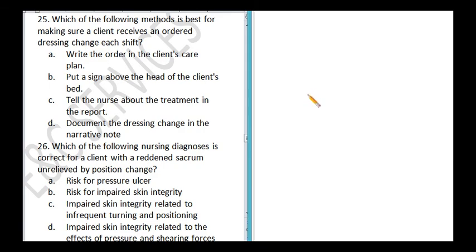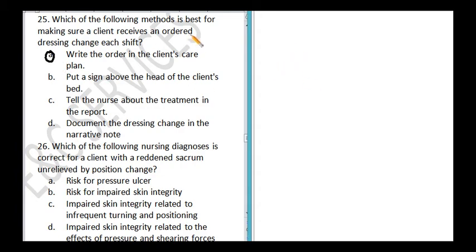Number 25. Which of the following methods is best for making sure the client receives an ordered dressing change each shift? A. Write the order in the client's plan. B. Put a sign above the head. C. Tell the nurse about the treatment in the report. Or D. Document the dressing change in the narrative. Answer: